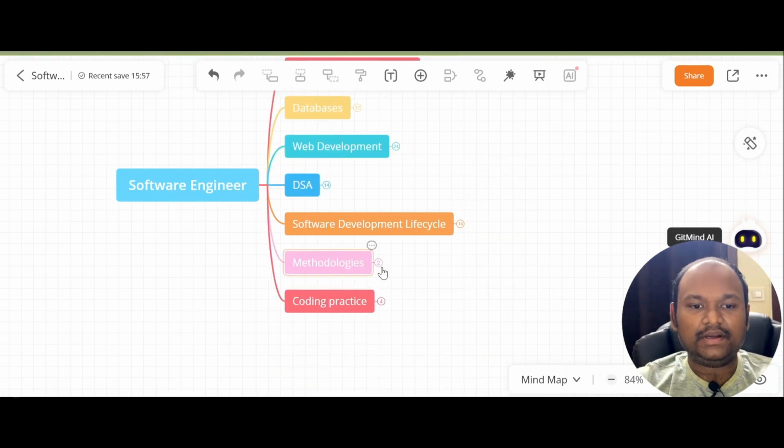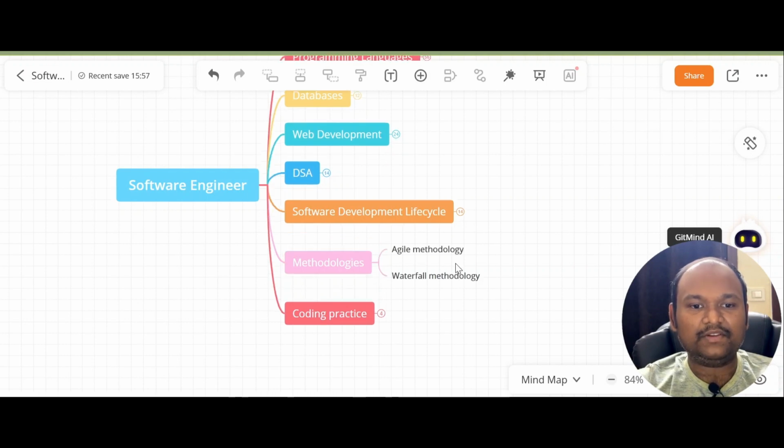So now we will dive into methodologies. The two famous methodologies which are currently trending in our market are agile methodology and waterfall methodology. In agile methodology, the requirements will be dynamic, and waterfall methodology is completely opposite to that. In the beginning days of the industry we used waterfall methodology, meaning when we get a requirement, we will take a certain